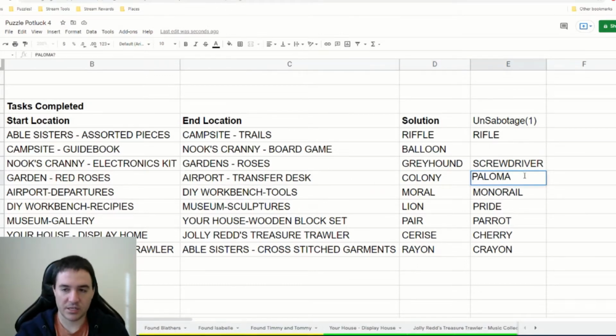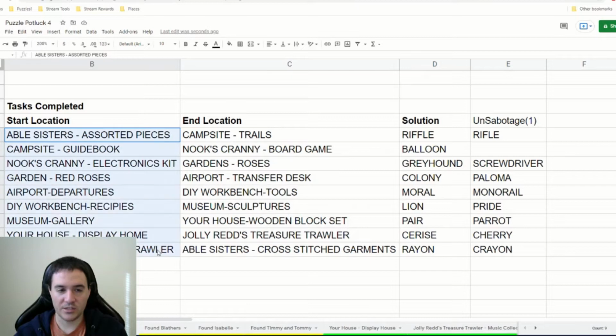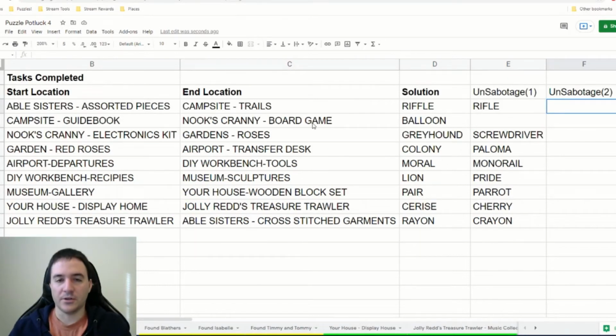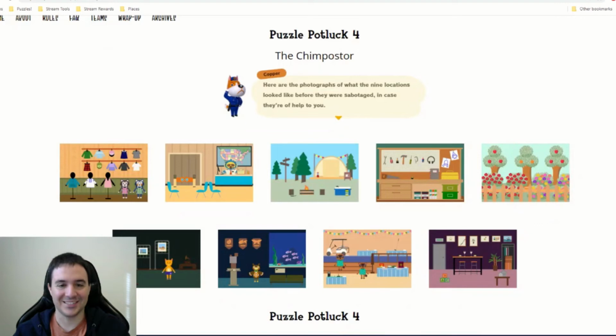Alright, so yeah, that looks like it. So we start by undoing the end locations. Then we undo the start locations. That's so cool. So here we go. What was different at the Able sisters? I forget. Let me just click around. The Able sisters had